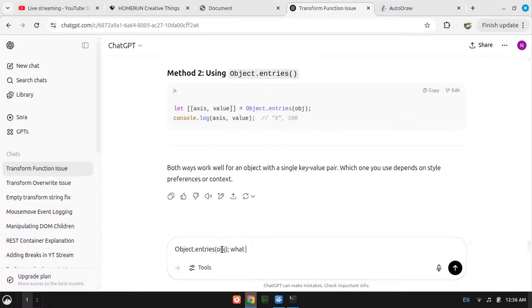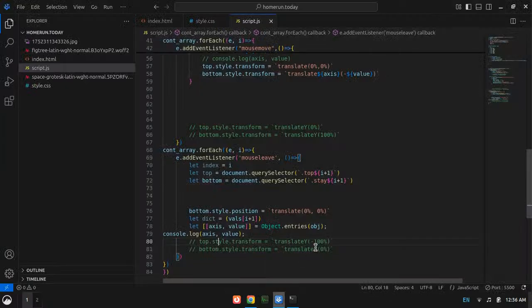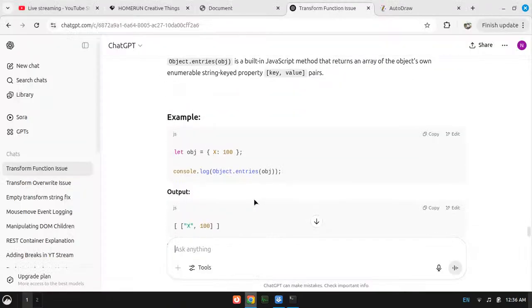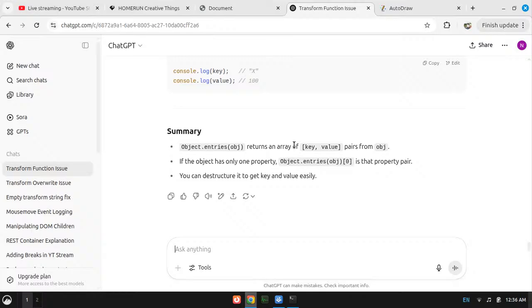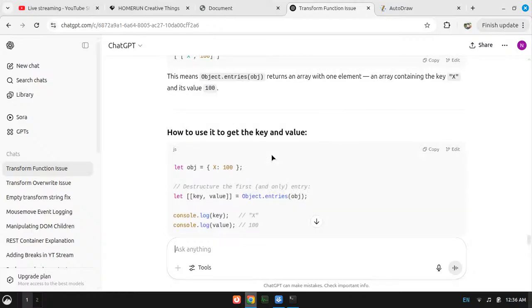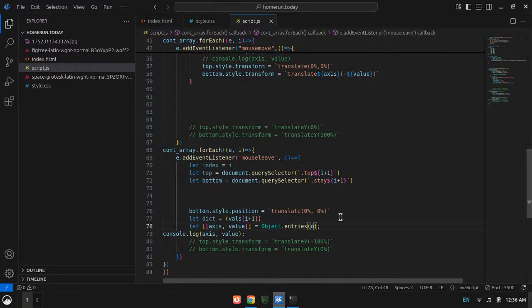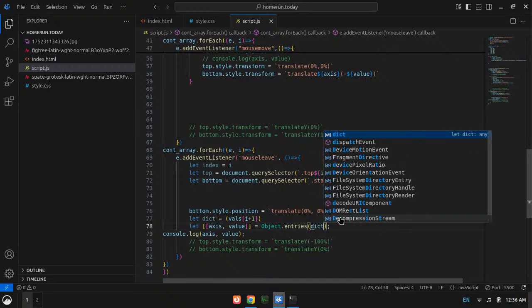What is supposed to be here? Okay, I guess in the object, I need the dict here. Dict. Okay.